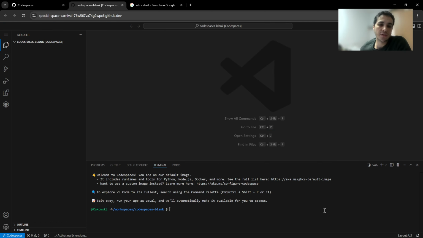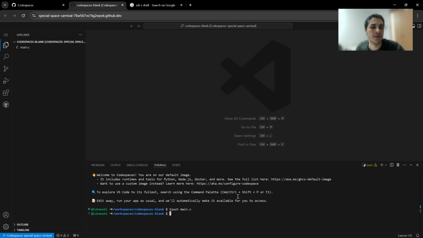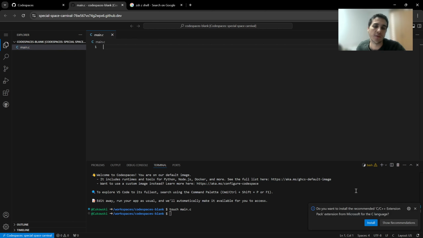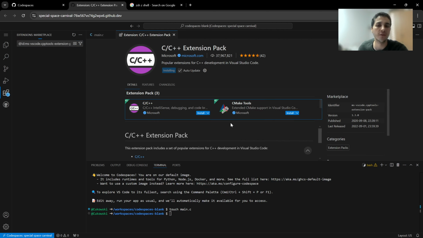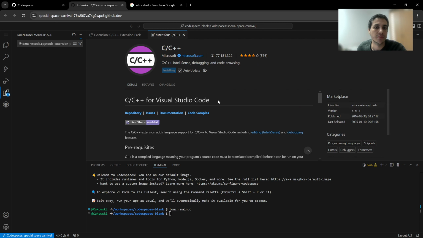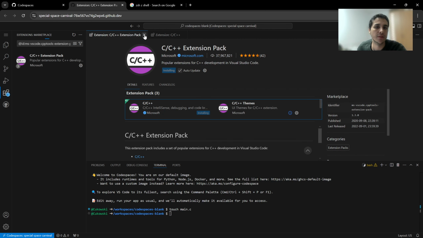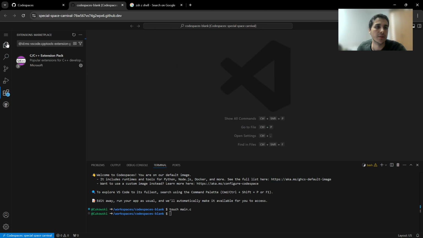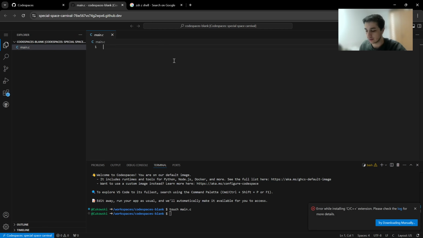That's what I am used to. And we can start by creating our main file. And now we have our main.c. Of course, we want to have recommended extensions for our VS Code. While they're installing, we can start by including